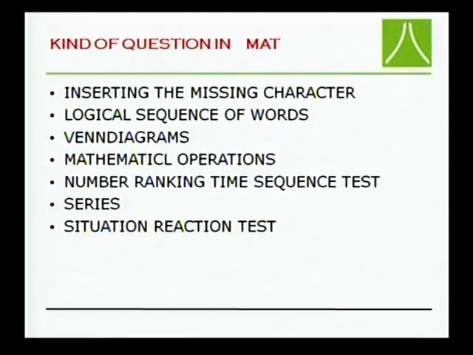And the next one is inserting the missing character. It may be an alphabet, maybe a number, maybe some drawing, or maybe some part of a figure. So, you have to insert the missing character. This is very important, and the most important one is logical sequence of words. For example, A is given, next D is given, next G is given. So, here B and C are missed, E and F are missed, so there is some logical sequence of the words, and the very important one is